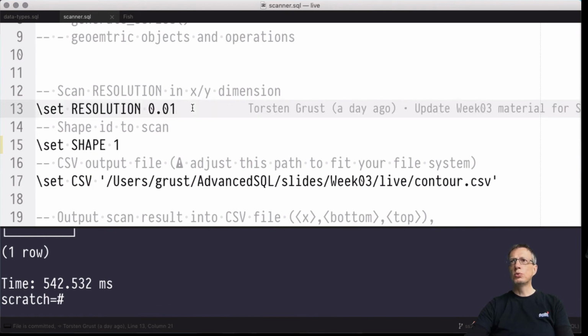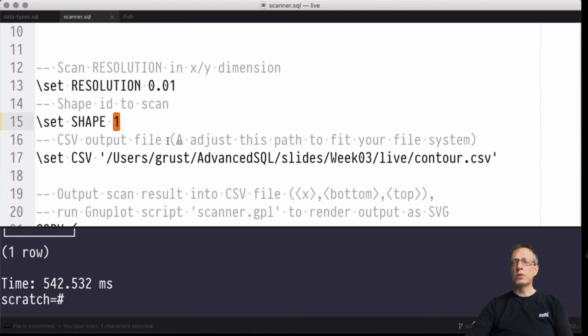And it's set to 0.01, but any value would do that you would like to put here. It will determine how accurately we are scanning the shape in the 2D plane. All right. We have many shapes to scan here. For the output, I would just select a particular shape, namely shape 1, and the result of the scanning I